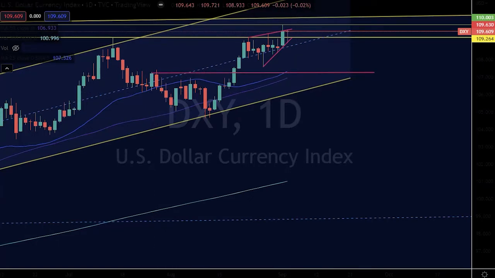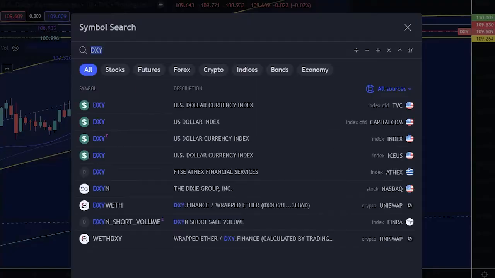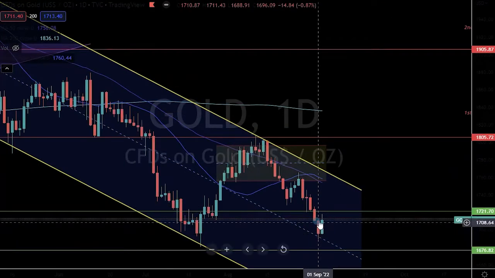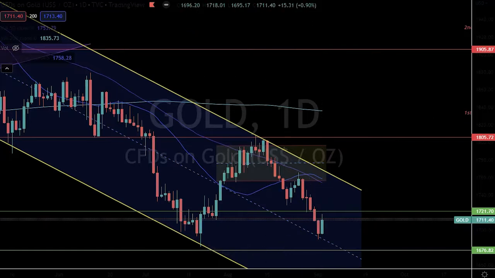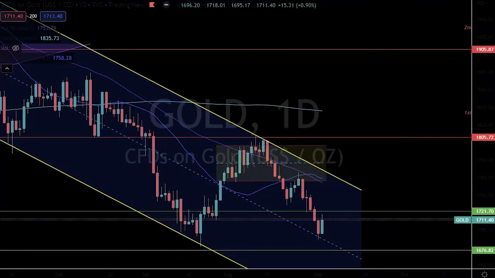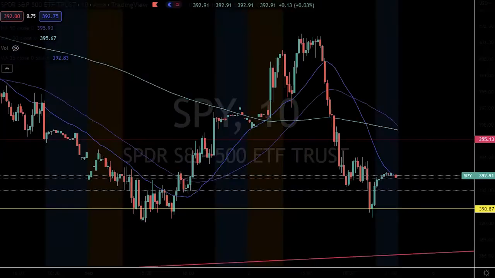Now, one of the reasons I'm also so bearish on the dollar, bearish in the short term, is if we look at gold. Gold had a pretty impeccable day. Gold was up almost 1% on the day, closing slightly off of the highs, but beautiful price action on gold. When you factor in how much the dollar has actually rallied in comparison to gold,